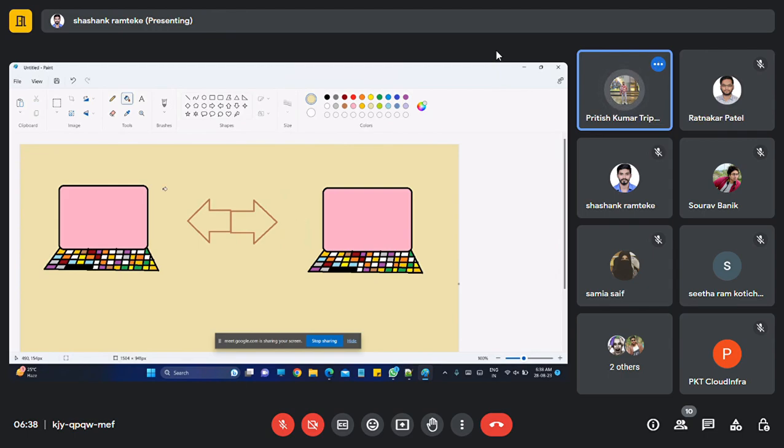Now for example, suppose this is computer one. What he is saying is, I can work with two languages: one is Java, one is Python.